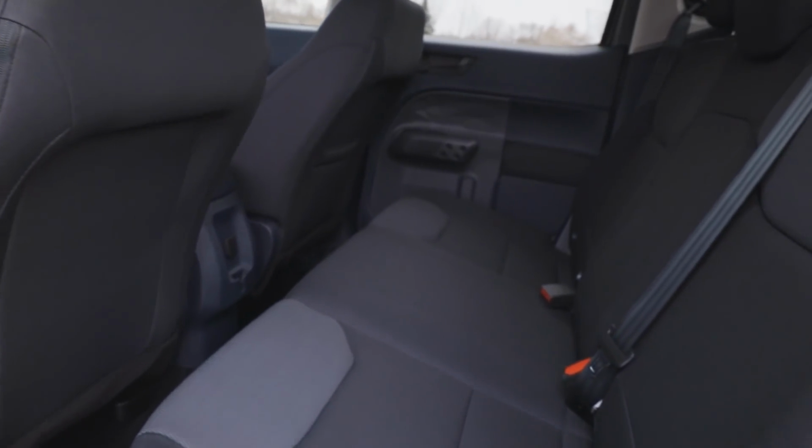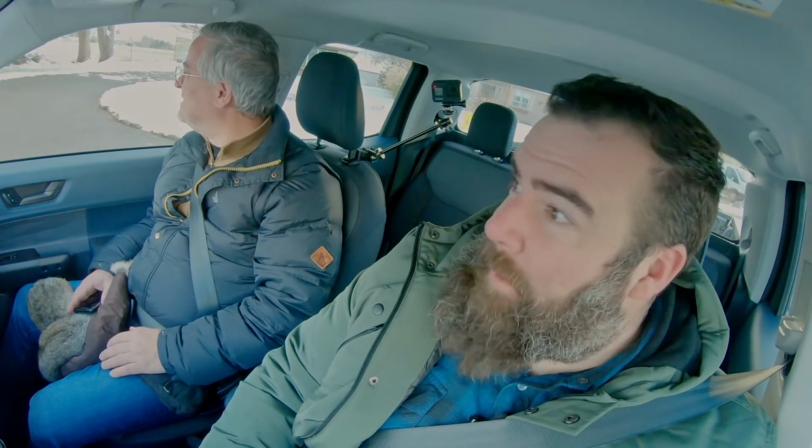If I'm going to take a risk on this as the family car, what's it going to be like in the back seat? The back seat in the Santa Cruz gave me pause. This also gives me a little pause. I don't know if it's going to work, but I like that they're trying. I just could maybe use a few more inches. You know what I mean? I don't know what you mean, but